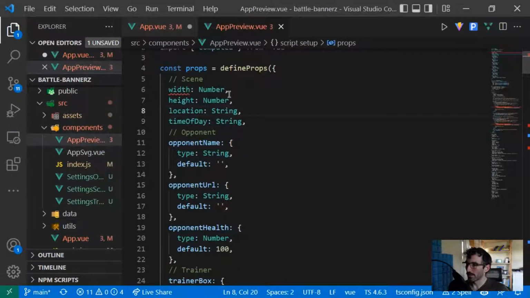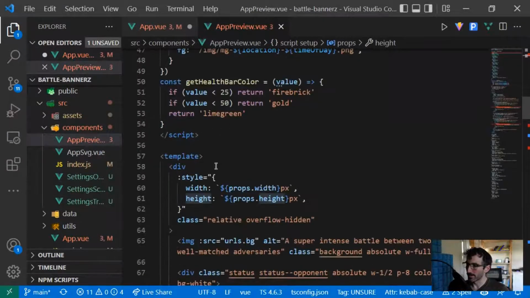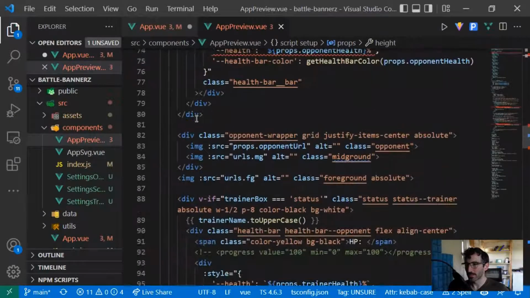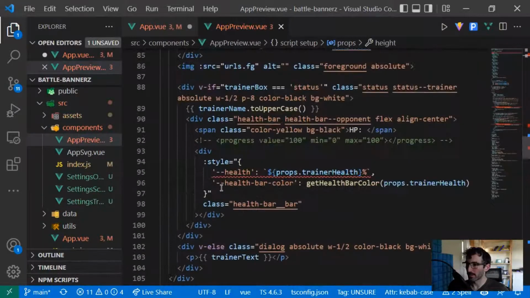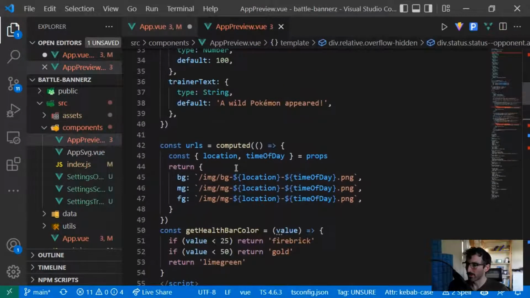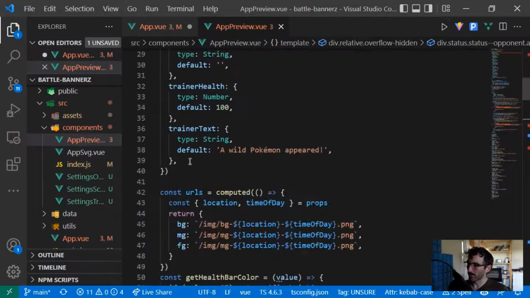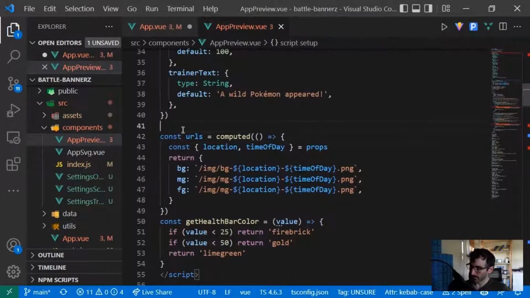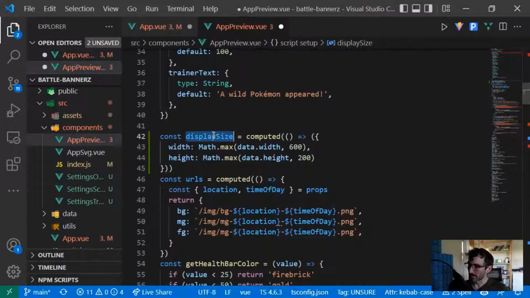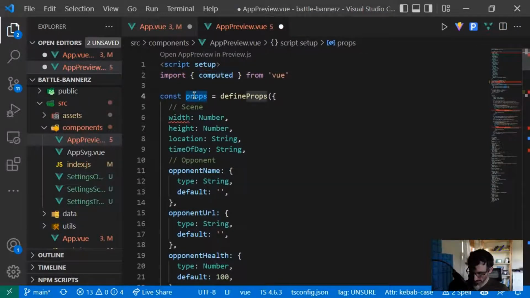And right now, what the app preview does, it takes a width and a height, and it does some computed stuff. And then it's a pretty dumb component that mostly is interested in laying things out, but not actually doing a whole bunch of work. So I think I'm just going to move that here, where display size is a computed value between the props width